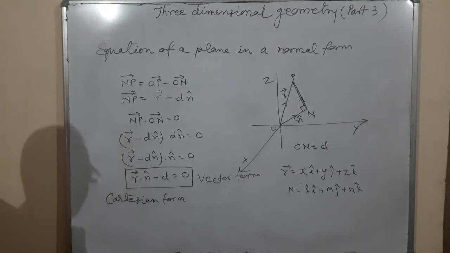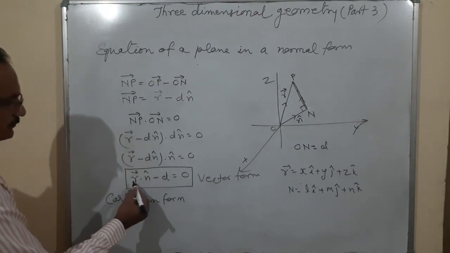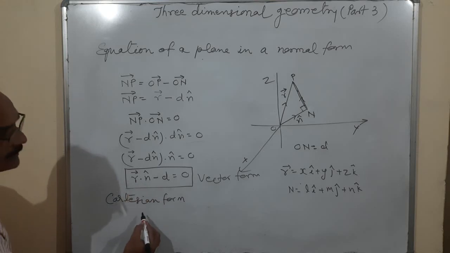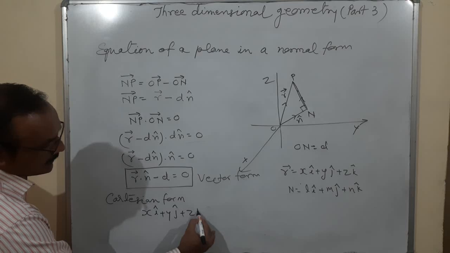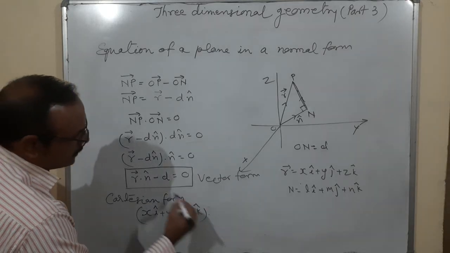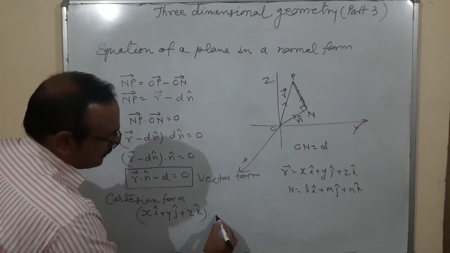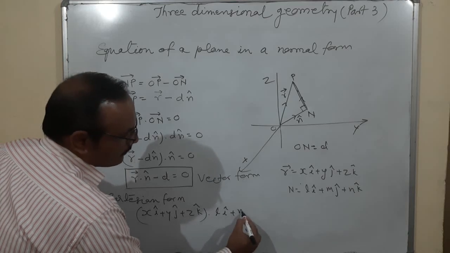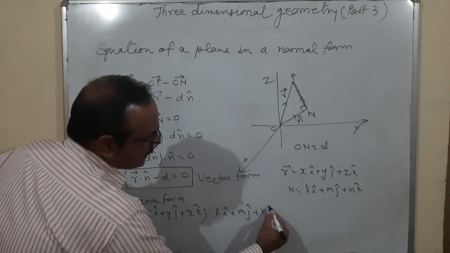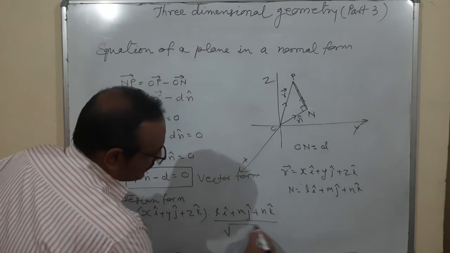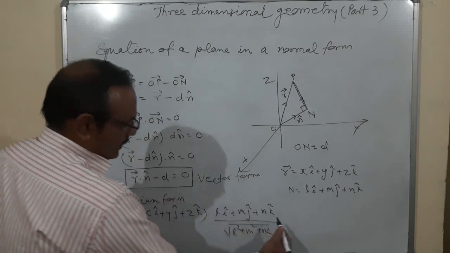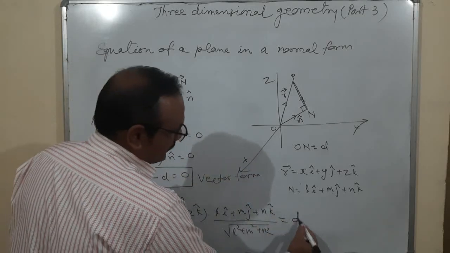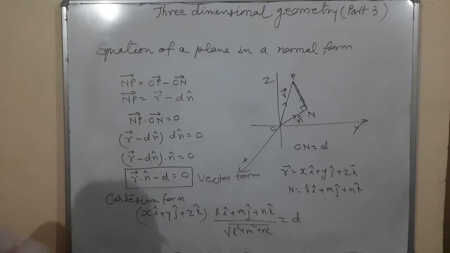Because it's a unit vector, we are going to put the value here: xi plus yj plus zk dot unit vector n. Unit vector n means Li plus Mj plus Nk upon the magnitude square root of L squared plus M squared plus N squared, because it is a unit vector, and is equal to D, which will be shifted here. Is it okay? So when I shift this term and multiply it here...